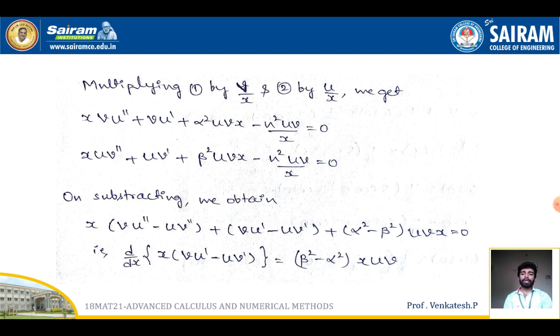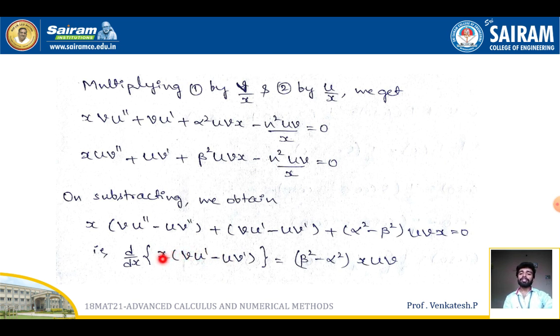Now on subtracting these two equations, I can take x as a common factor. The remaining will be (v u dash minus u v dash) plus (alpha square minus beta square) by taking uvx as a common factor. Since the n square uv by x term is common in both equations, subtracting these gives 0 is equal to 0. I can replace this complete term as d by dx of x into (v u dash minus u v dash). You can see here by applying the product rule,